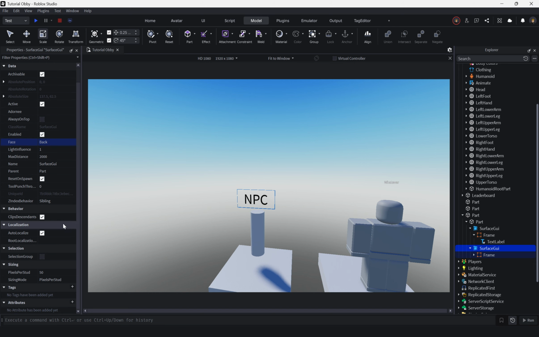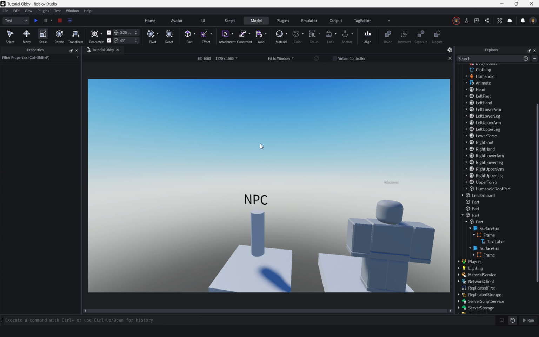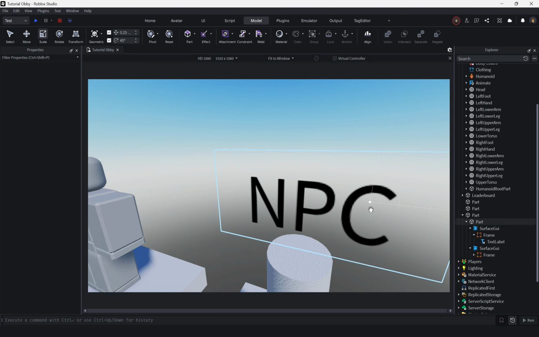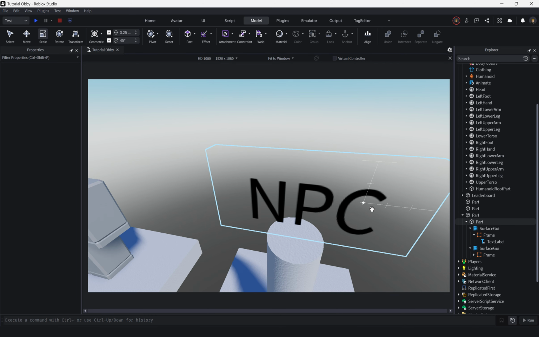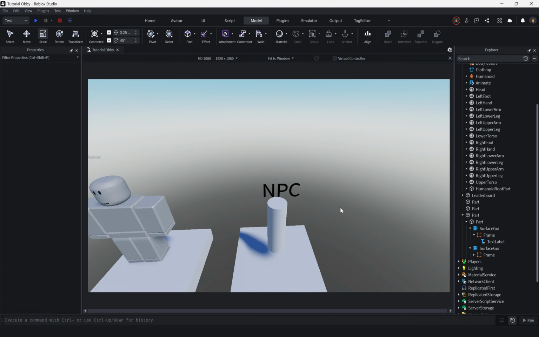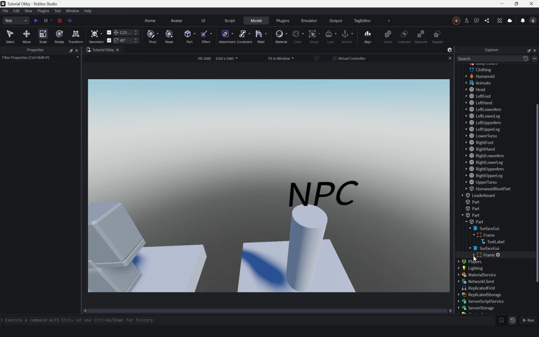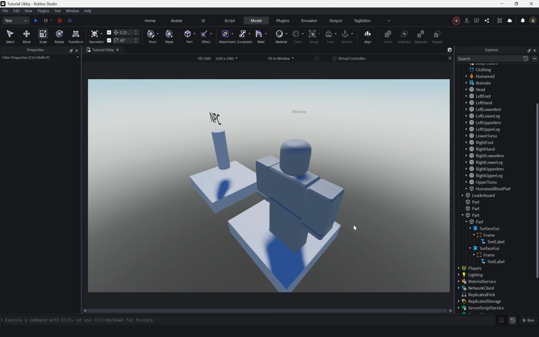This could also be useful on stores. If you're planning to use Surface GUI on those stores, this can also be useful, so that you wouldn't really have to 3D model the actual letters. You can save some time, and you can also design the GUI on it, and you'd still be able to see it